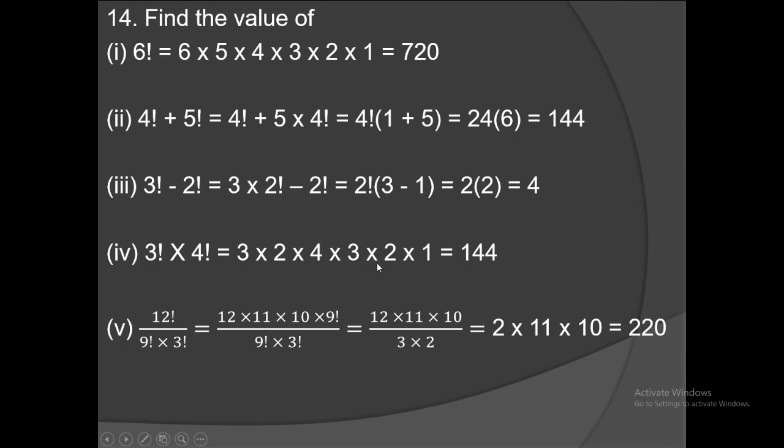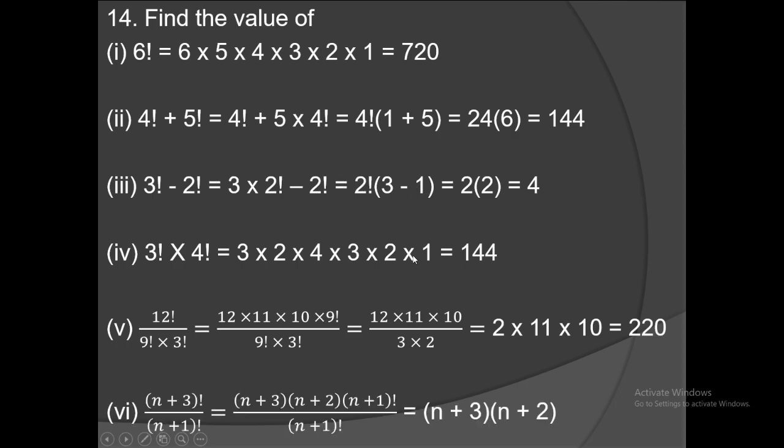So factorial, once again I will say that factorial, it should be a positive number. Okay, so it's a natural number. You can start from the number which is given and reduce, in descending order, till 1. 1 factorial is 1, 0 factorial is also 1, which is very important. There are no negative numbers in the factorial.